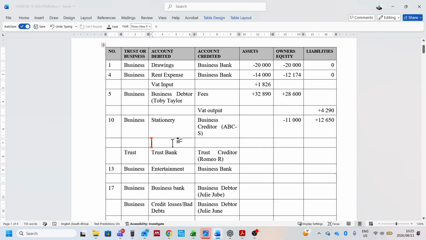Then we can include the VAT. Since we are buying, this means that the VAT charge is VAT what? Input, which is always debited. And then VAT input is an asset, so this means that it's increasing the amount receivable from SARS. So in this case, it's going to be plus 1,650. Following? Okay. Then on the same day,